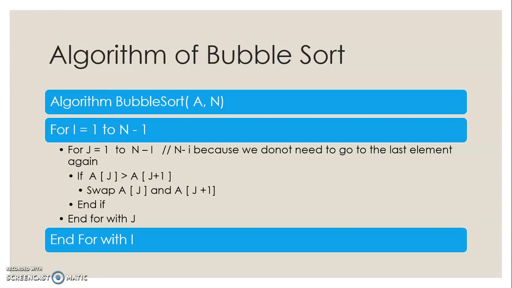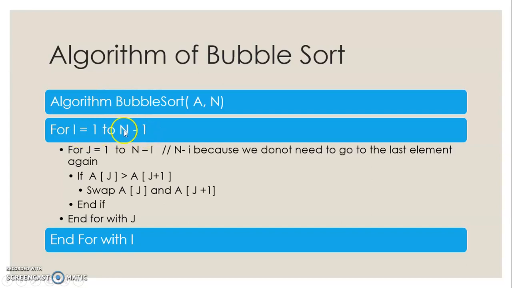So the first part in the algorithm is that there are 2 loops. Why are 2 loops required? One loop is required so that we process the algorithm for each element in the array. And the second loop is required so that we compare each element with each of the other elements in the array. So the first loop is going to control that we sort all the elements present in the array